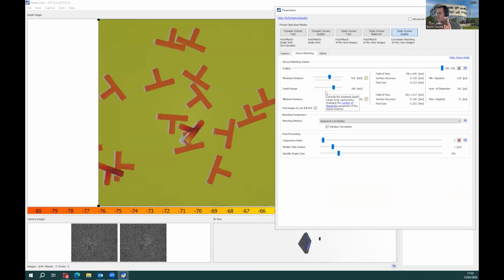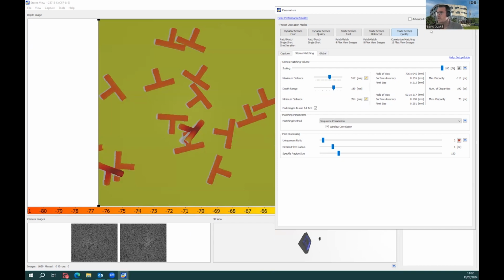The maximum distance will filter out any points that are farther away than this maximum distance, and the depth range will give you the width of the 3D region of interest. So you try to make the 3D region of interest as close as possible to your object, or to your bin if you're working in a bin picking application, so that you can filter out any noise or any objects that you are not interested in.